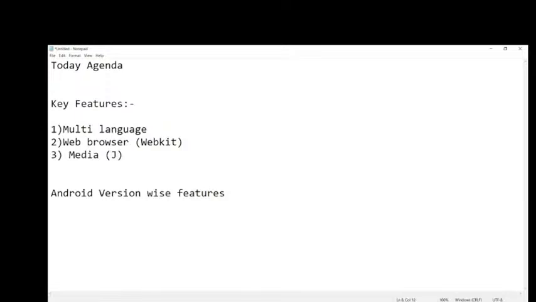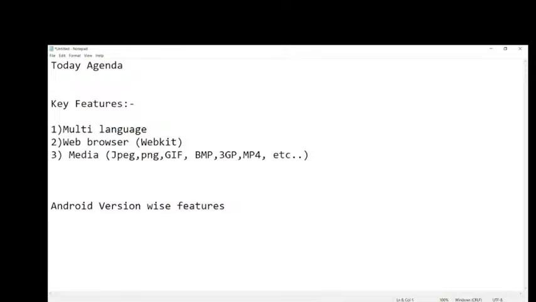In case of images, JPEG, PNG, and if I'm using animation, it is a zip format. Next, for video, BMP, 3GP, and MP4, it can support a lot of versions. Whatever types of media, it can support. So that is the third feature.